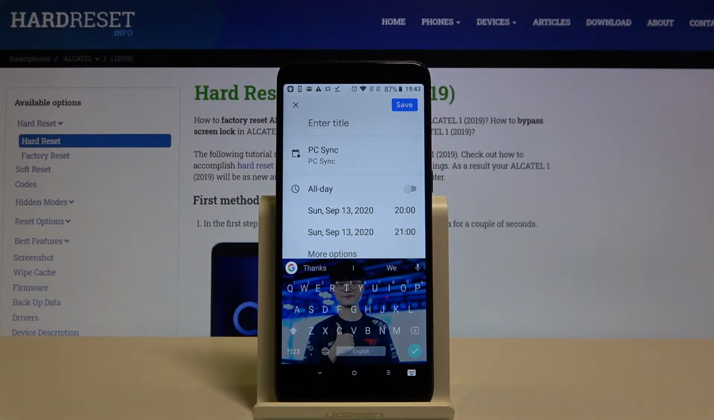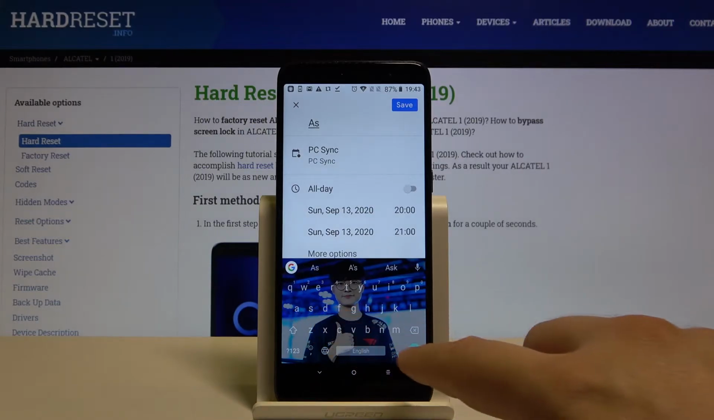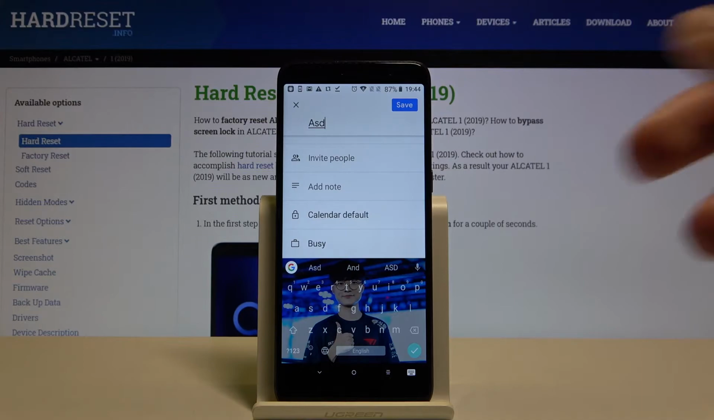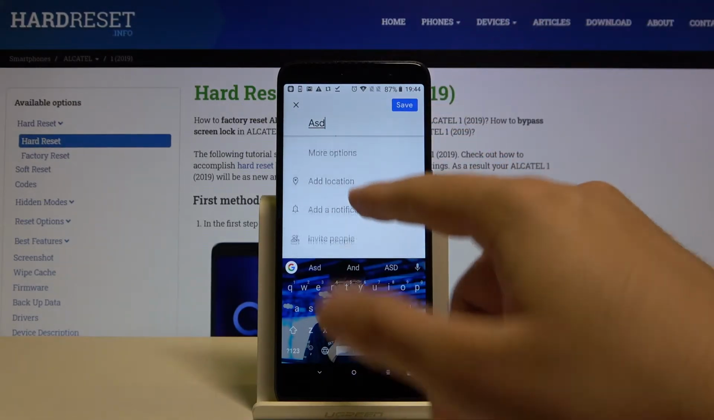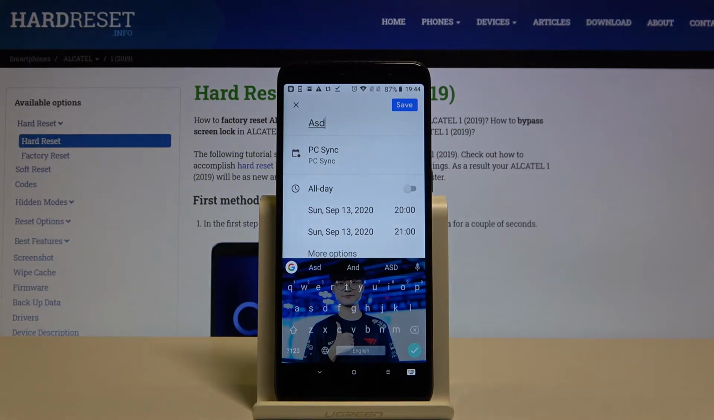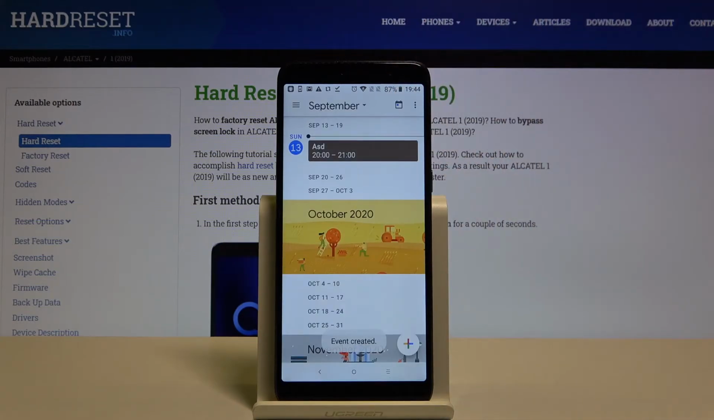Right now we have to add the title. We can set up other things here also. For example, we can add a note, add a notification, and change the location. Of course, the main thing is that we can set up the date and the time. And if you set up everything, you just have to click on the save button at the right upper corner,